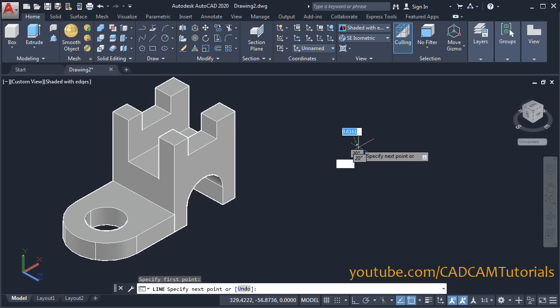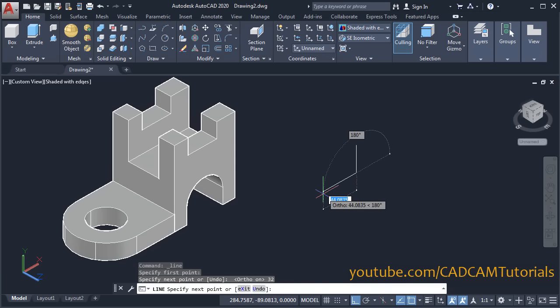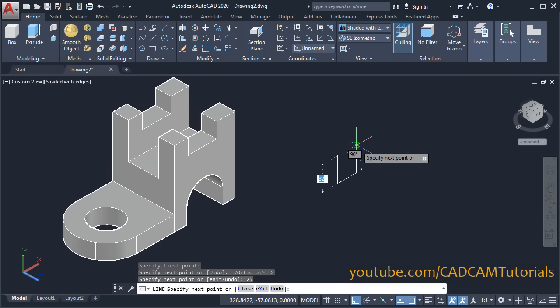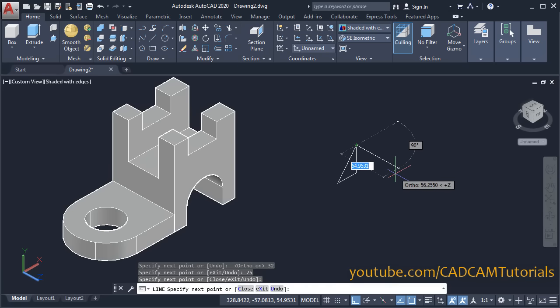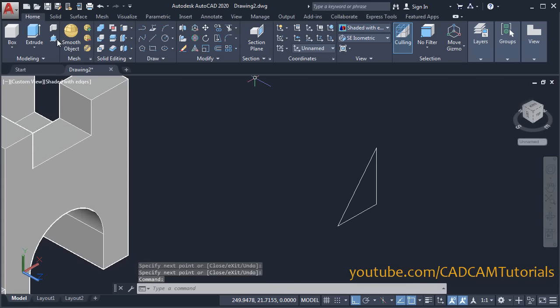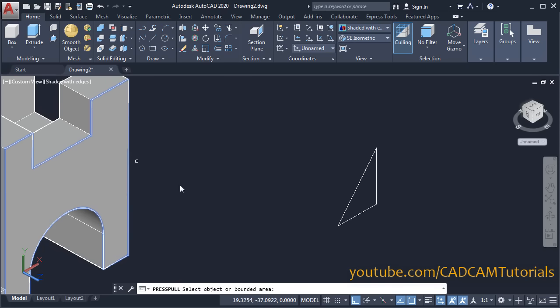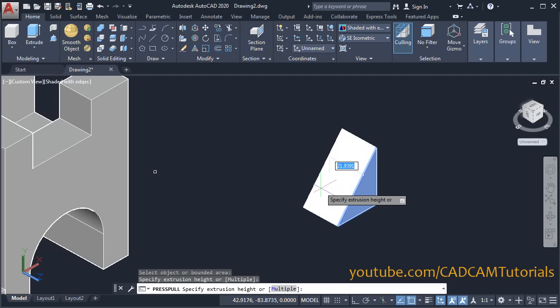specify first point, make ortho on, take your cursor below, specify height of 32, enter. Then take your cursor on this side, specify length of 25, enter. Then click on this endpoint, press enter. Then click on press pull, take your cursor inside this shape, click,